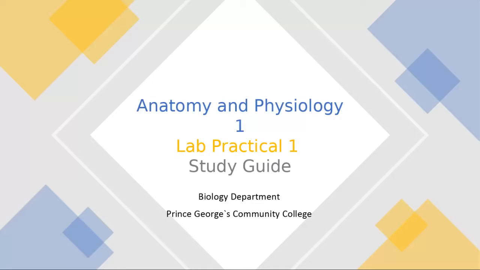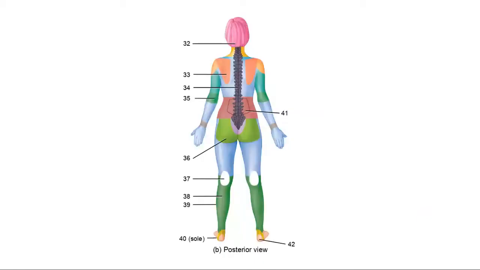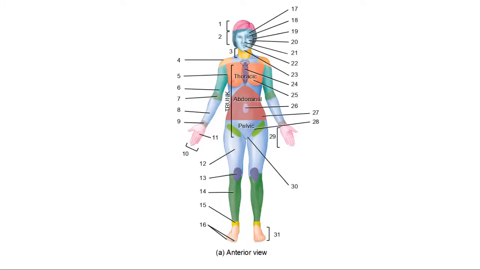Okay, today I want to review chapter 1 to the end of chapter 6 for ANP1. This is actually a study guide for anatomy and physiology lab practical number 1. In the first picture, I want to show you the different body regions and the anatomical terms which we use